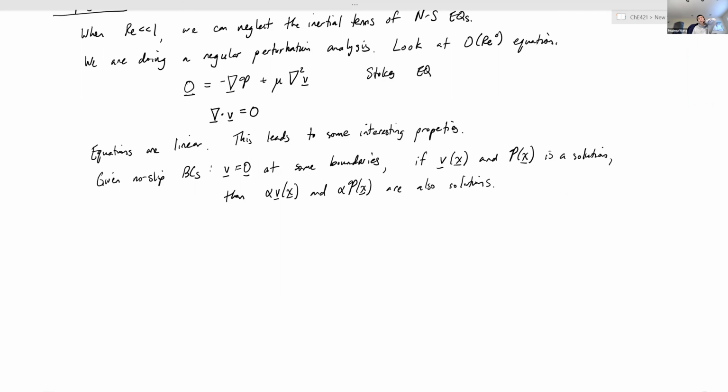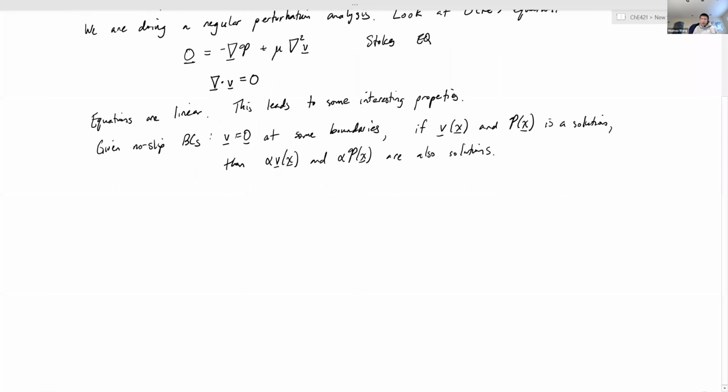You can also add two flows together and things like that. We kind of implicitly thought about this a little bit when we were dealing with the FFT case, when we were talking about having a transient and a steady state solution, and you add those together. You had a homework problem on that, if you recall. As long as you satisfy the boundary conditions, and in many cases we're talking about no-slip boundary conditions where the velocity is equal to 0, then you should be able to just add velocities together or multiply velocities by some prefactor, and 0 times some prefactor is also equal to 0, so it all works out basically.